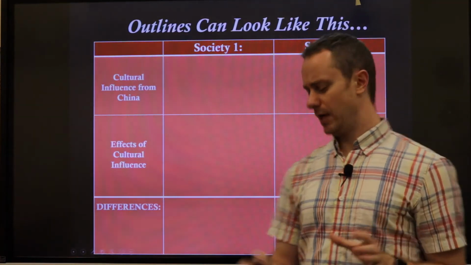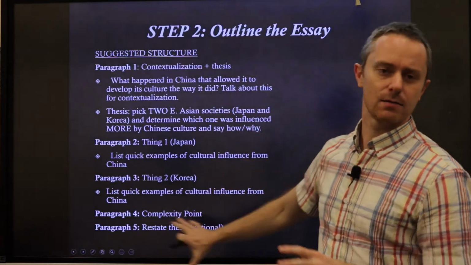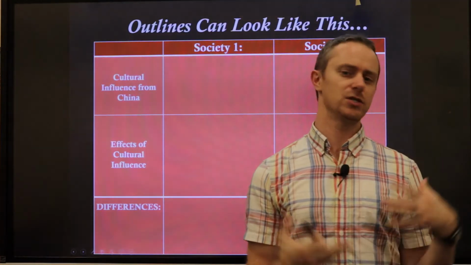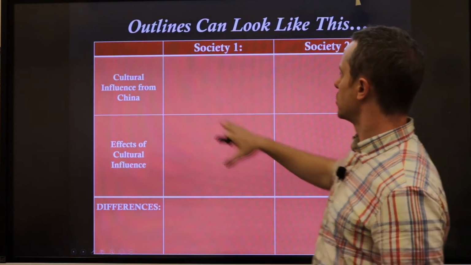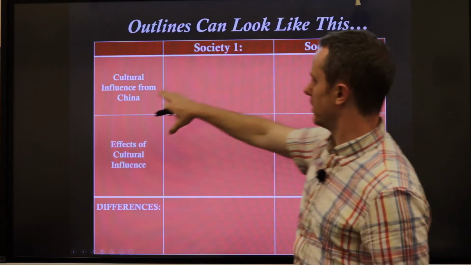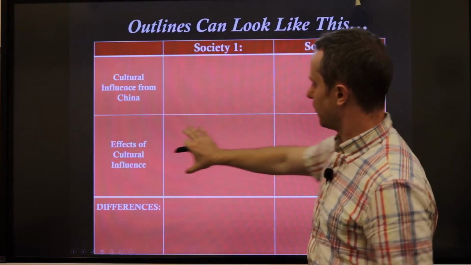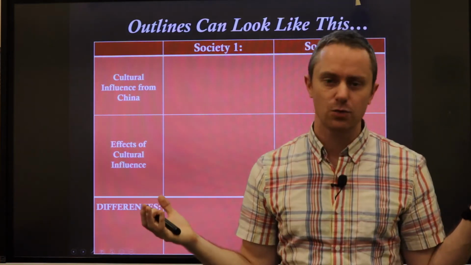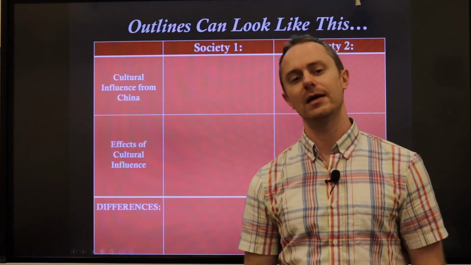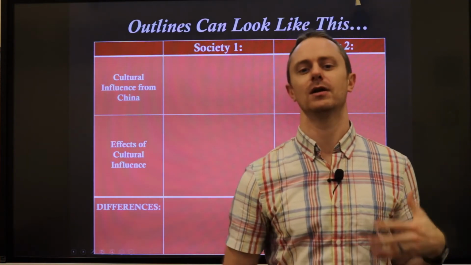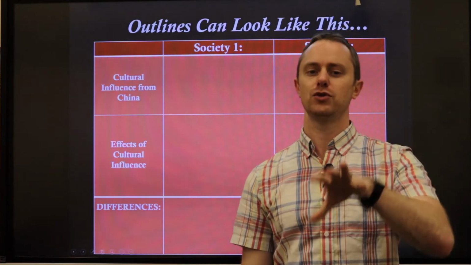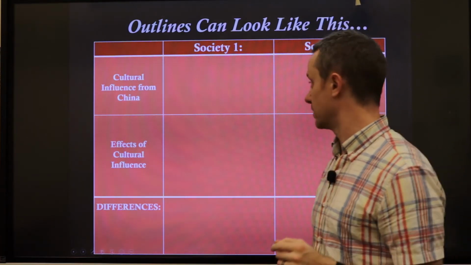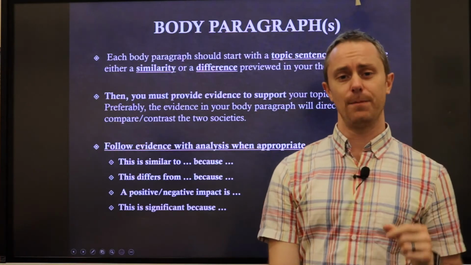Another way to do this, so this is the Menenberg way. Like, I like bullet points, that's me. Another way to do it, though, is to make some sort of table. This is just a different form of an outline, in which case you'd put Japan and then Korea, here's the cultural influences, here's the effects of that influence, and then maybe here's some differences between them. Okay, that's totally fine. And again, they're not grading this, so you can cross it off or just leave it. But it just helps you in your mind set up what you're going to say in your actual essay. It's a really, really helpful thing to do. Next, moving on to our body paragraphs.